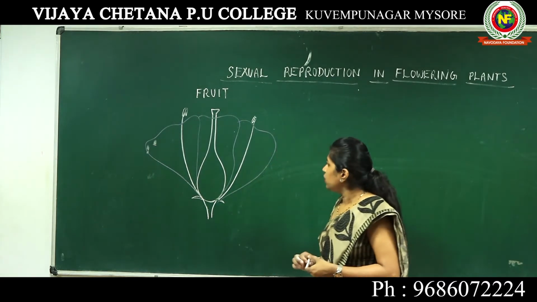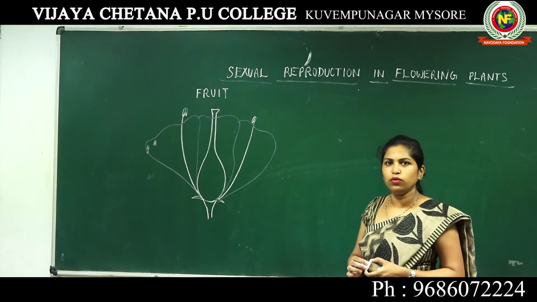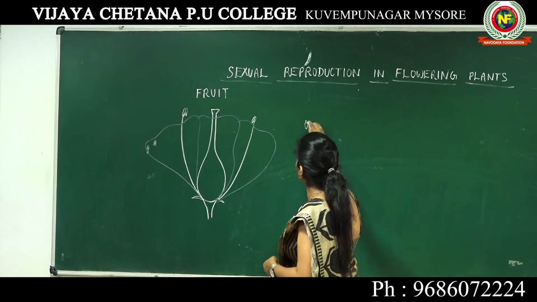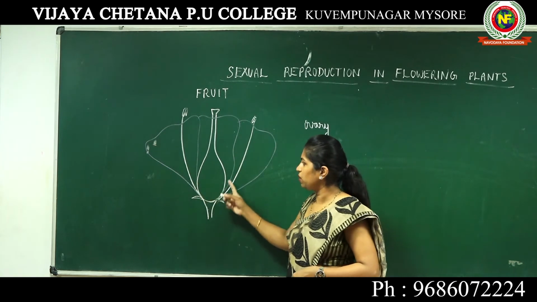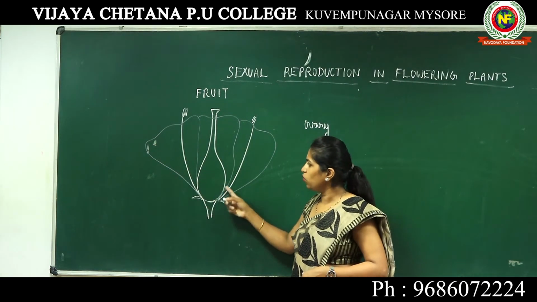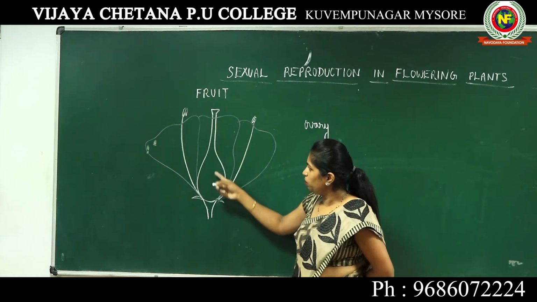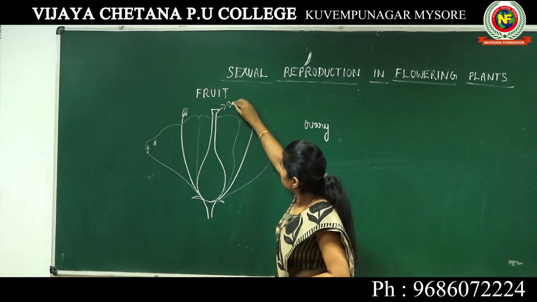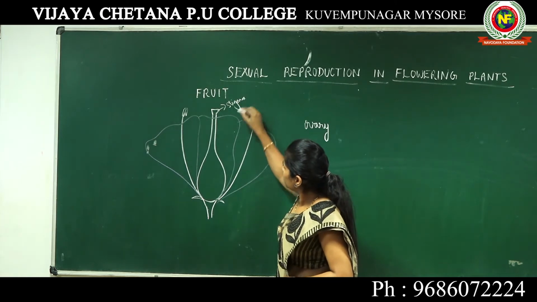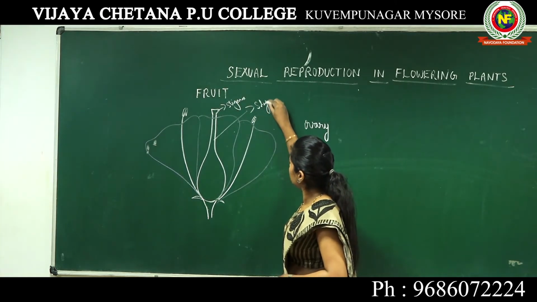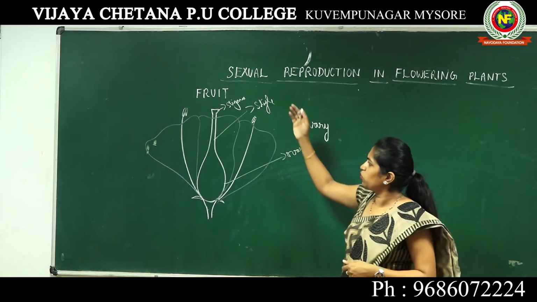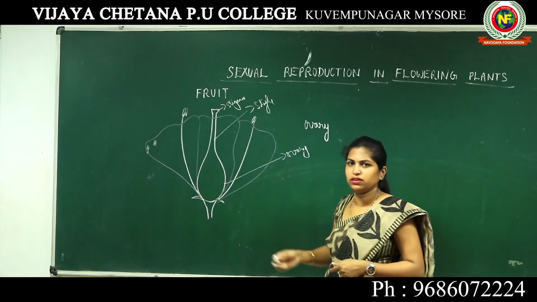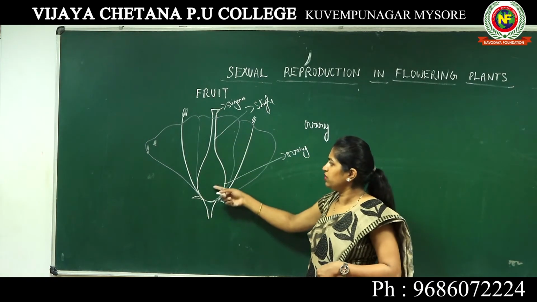In my previous classes, I have explained that fruit is formed from the bottom large part of a pistil, which is known as the ovary. So this is the whole pistil. This part is known as the stigma. This is the style, and this is the ovary. Since we are concerned only with fruit formation, I am not going to explain any other structures here. We will only look into this pistil part.